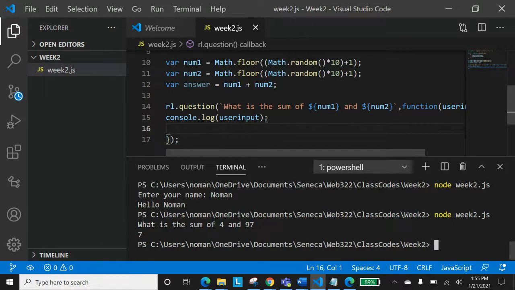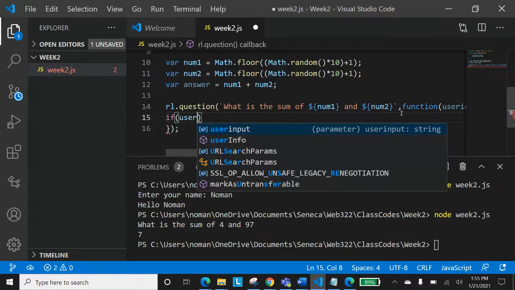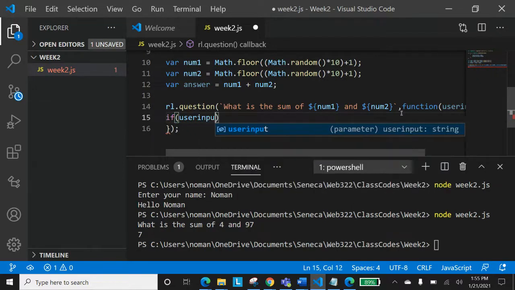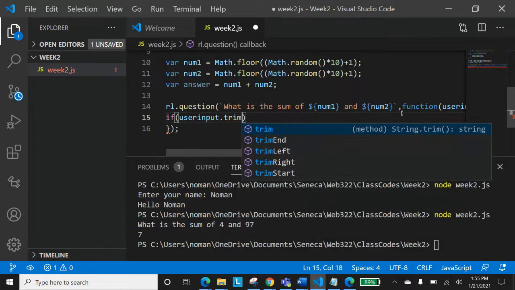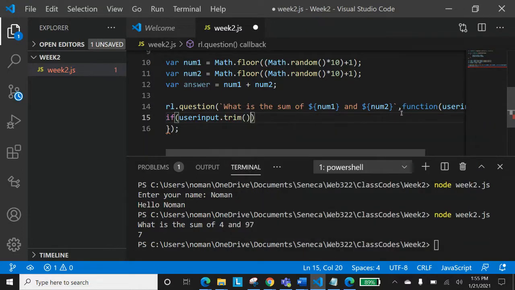Now I want to check whether the user gives the correct answer, and if so, just go out of it. Let's delete this. You can check the user input, and there are different methods for it. Have you used the trim method before?